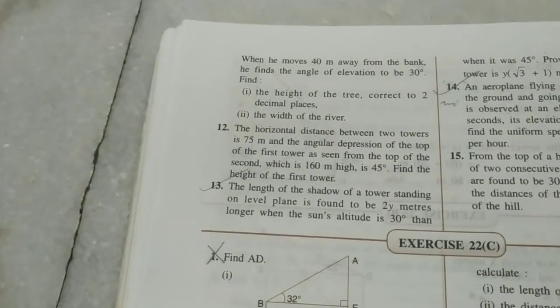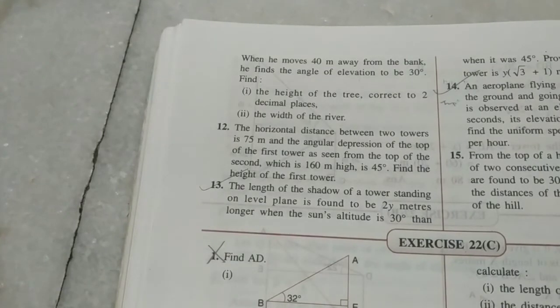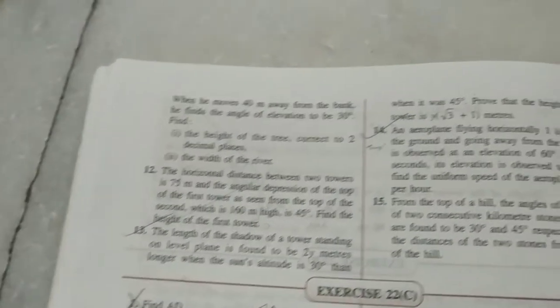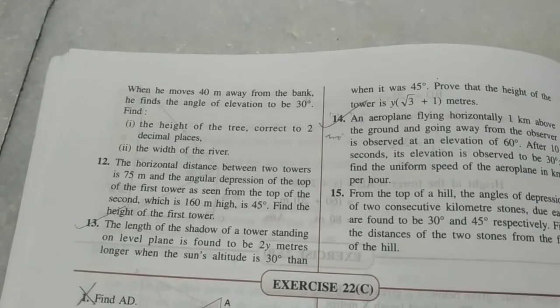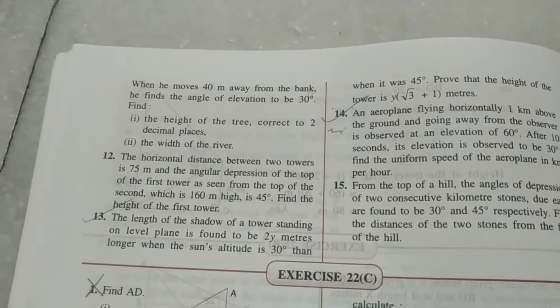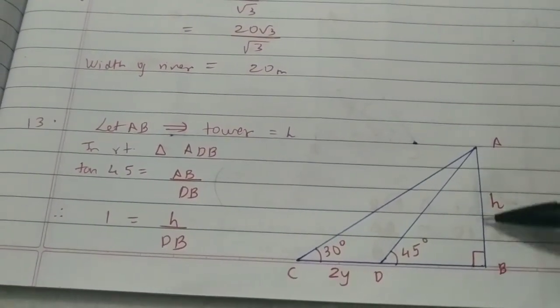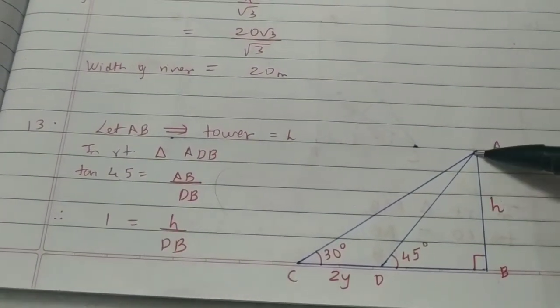Now the 13th sum. The length of the shadow of a tower standing on level plane is found to be 2y meters longer when the sun's altitude is 30 degrees than when it was 45 degrees. Let's understand this sum. This was a tower, AB. It has a height h, let's say. Initially, its angle of